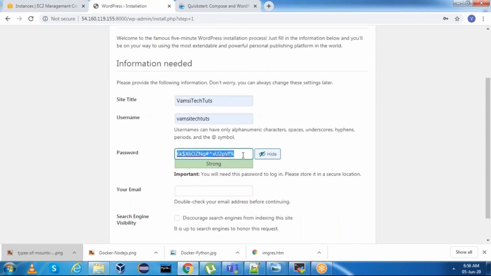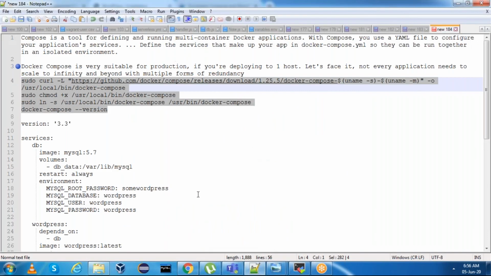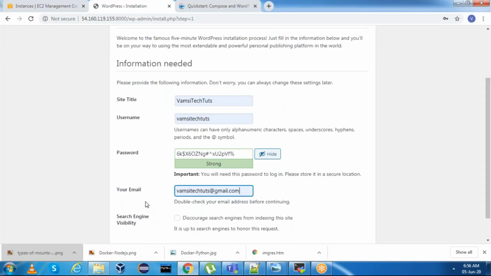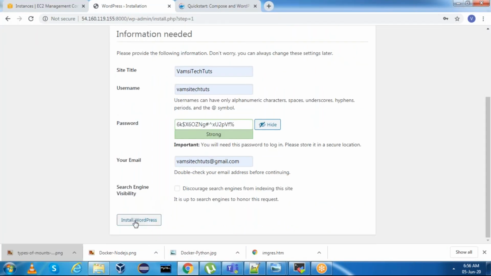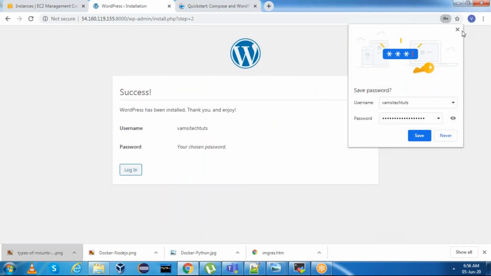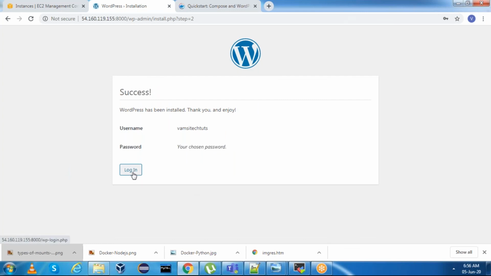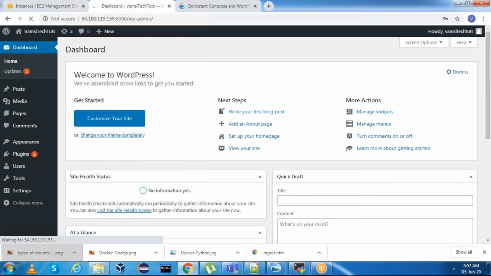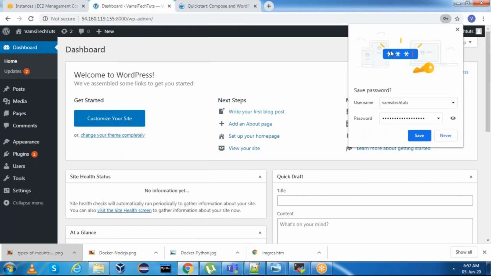You can save this password for future reference. Email, you can keep anything. Click on Install WordPress. Login. Username is this. Password which we copied. Login. Perfect. We are able to see the WordPress website.